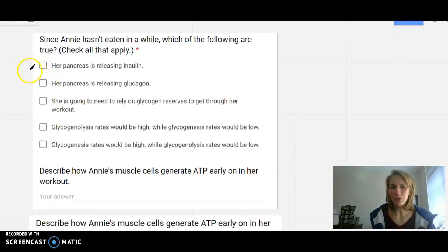I'm one of the biochemistry course mentors, and we're going to talk through the quiz on what is fueling Annie's workout. So we know that Annie hasn't eaten in a while. We want to evaluate which of the following things would be true. So we know that